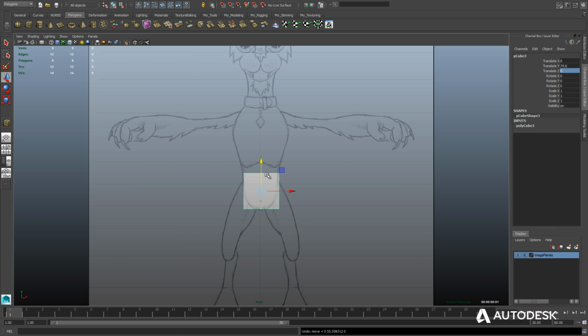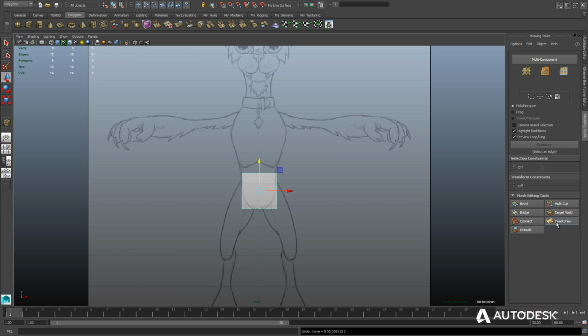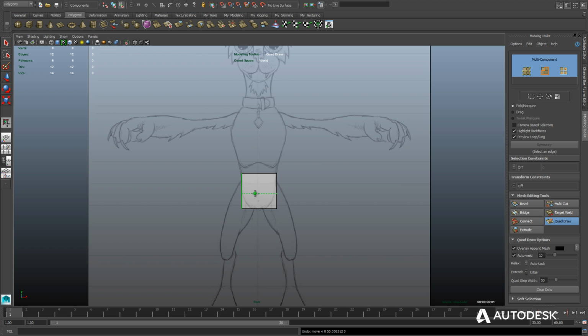What I'm going to do is called box modeling. I'll be extruding faces out of this cube until I get the basic shape of the torso. Then I'll cut out some more detail and pull out the legs and the arms using the detail that I add. But before I do that, I need to create a center line, a line of symmetry, because my character is, after all, symmetrical. To do that, I'll go to the modeling kit, turn on Quad Draw, and